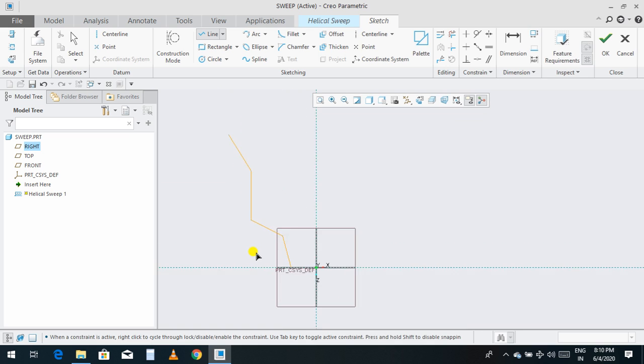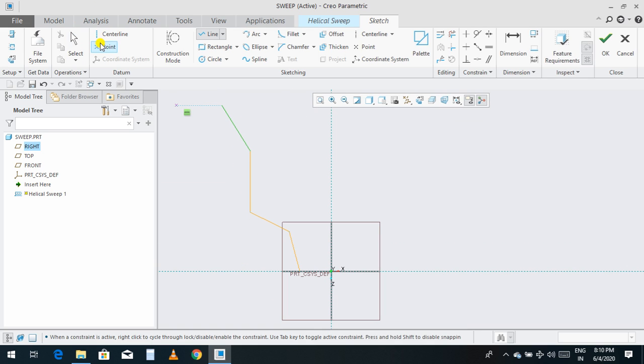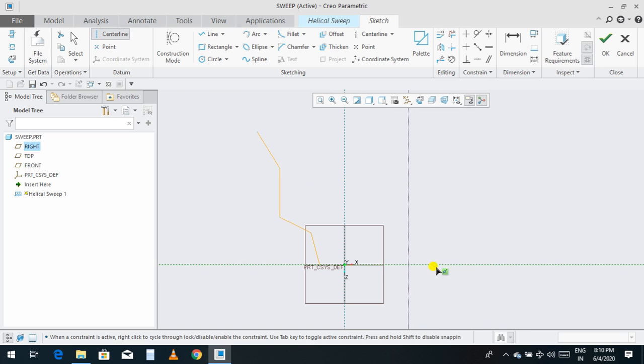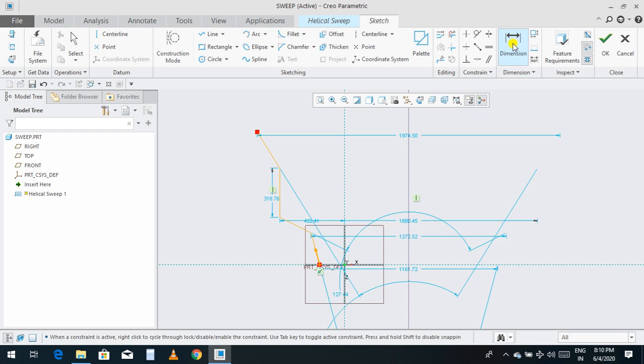Now you need to make one center line. Earlier I gave the center line from this point, so now I'll give it from this point. So this is our center line. From this point to this point is the radius of the helix. And now you can go to dimension.